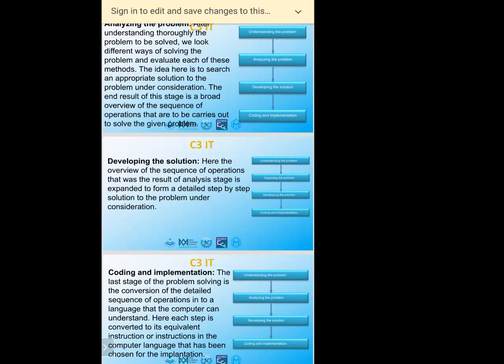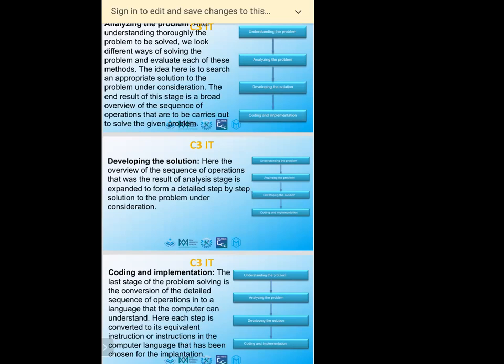So after that, I have to do the implementation. What do you mean by implementation? That means that software, I cannot use the software myself, I can only design the software. So, hello students. For example, your house: all the masons are making it, all the carpenters will help you. Likewise, a lot of people are involved, but everyone cannot stay in the home, because this is your house. So likewise, we are making all the coding.